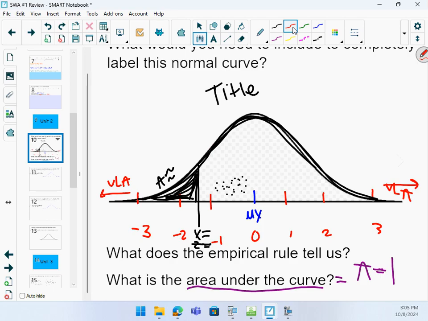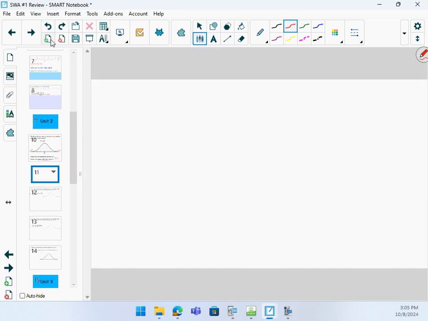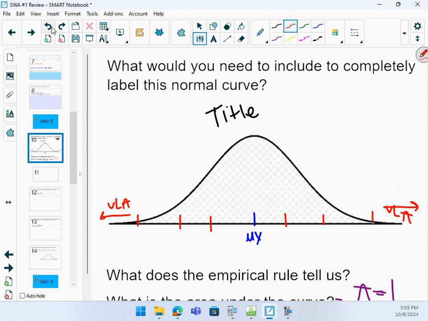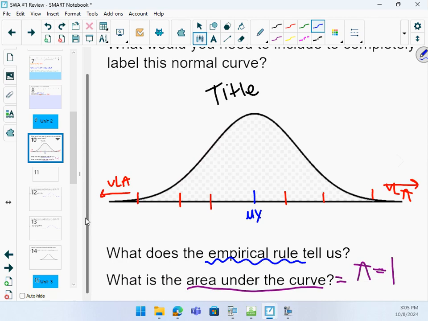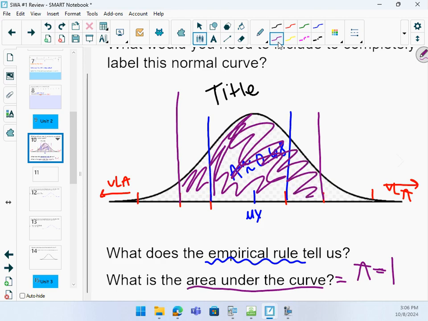Again, before we started all of this, we thought it was very helpful to learn the empirical rule. The empirical rule helps you to make references about how much data is underneath a given spot. And so, do you remember what the empirical rule was? The empirical rule said between 1 standard deviation away, everything in here, the area takes up 68%. Versus if you were 2 standard deviations away, all of the area under the curve, all of this included, would end up being